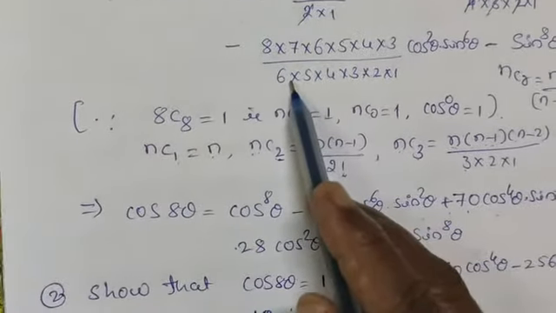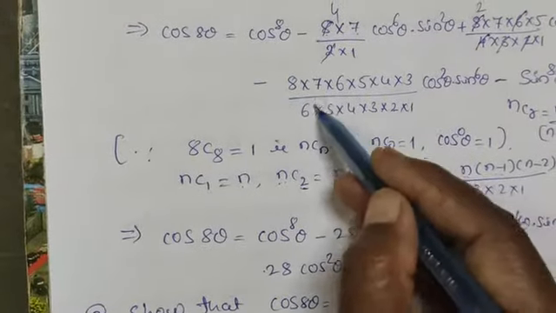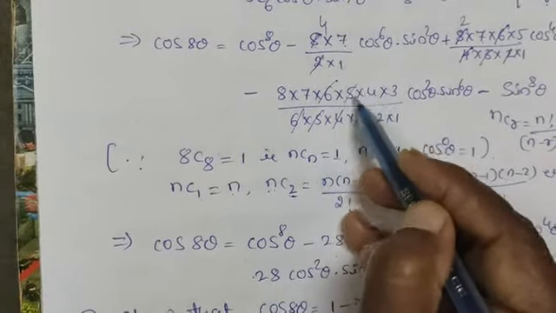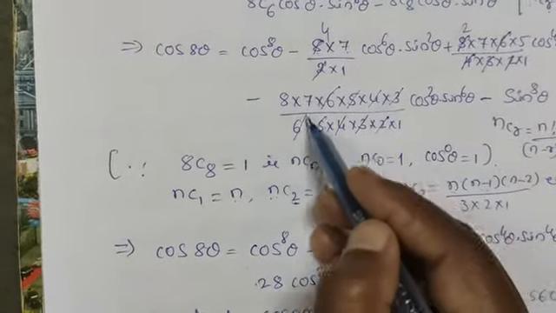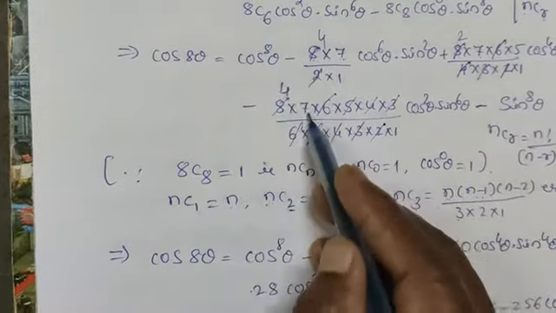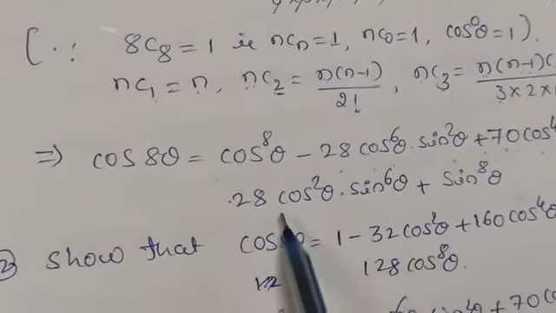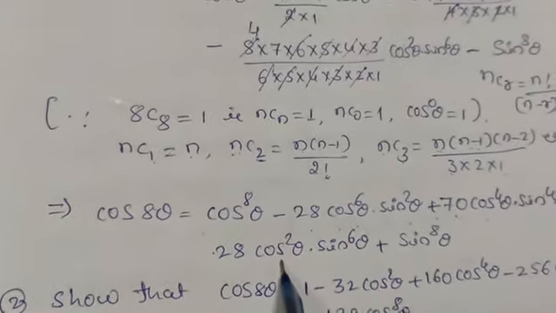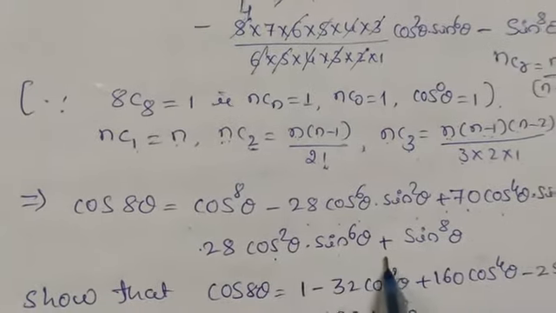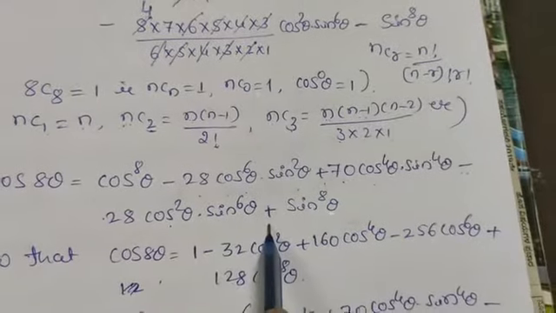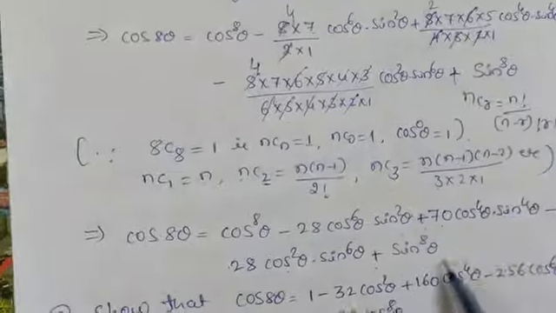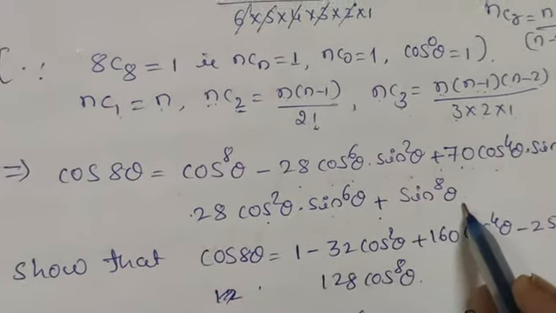Next term here. We can cancel this 6, 5, 4, 3, like this you can cancel 6, 5, 4, 3, and it is 2 1s are 2, 2 4s are 8. So let us multiply these two. What else remains here? 7 into 4 is equal to what? 28. 28 cos raised to 2 theta, this one as it is, cos raised to 2 theta into sin to the power of 6 theta, and lastly here it is plus. So here we should get plus, this is plus sin raised to 8 theta as it is.